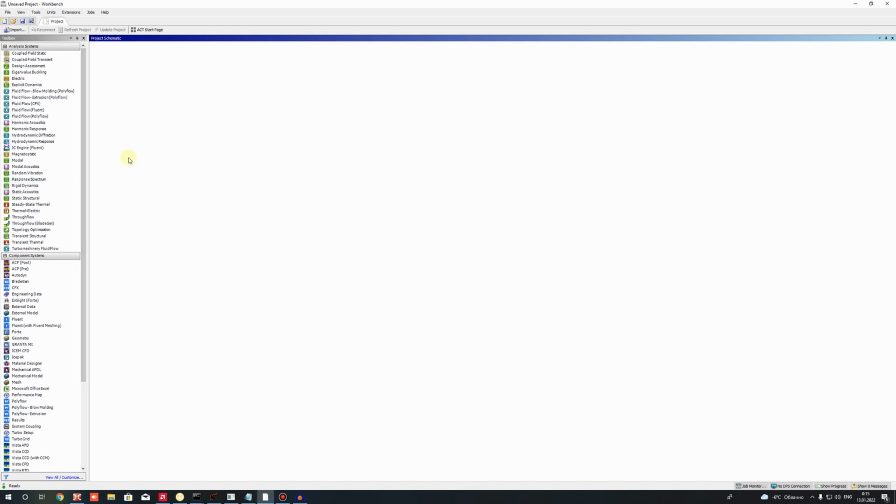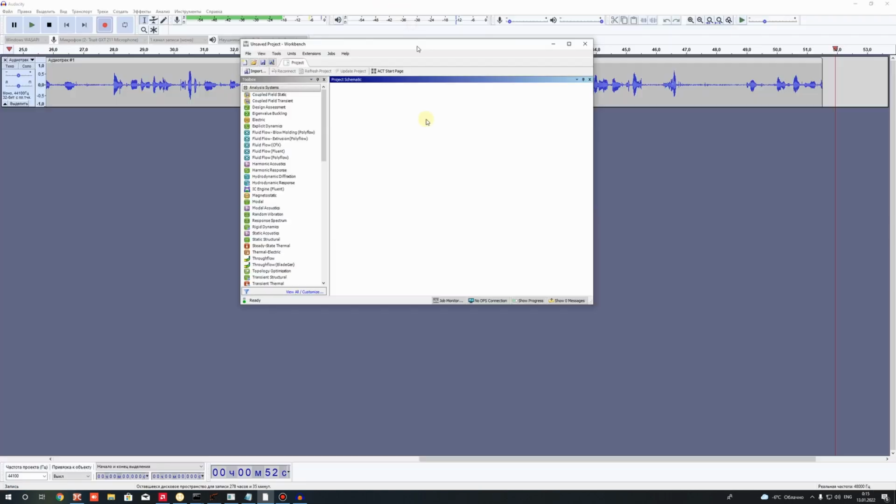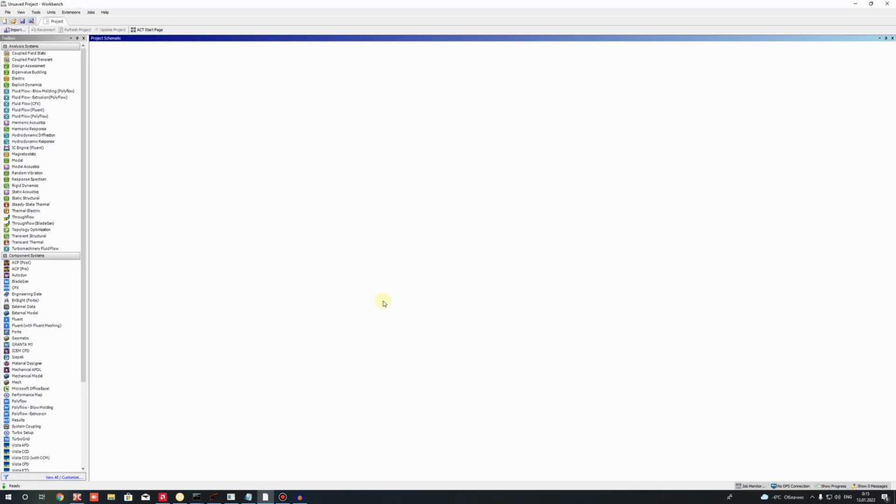Okay, so let's start with ANSYS Workbench. I use version 2020 of Workbench. It's not so important which version you use for this, because ANSYS CFX has not changed with different versions. Okay,